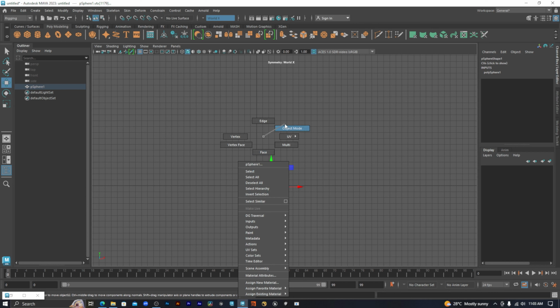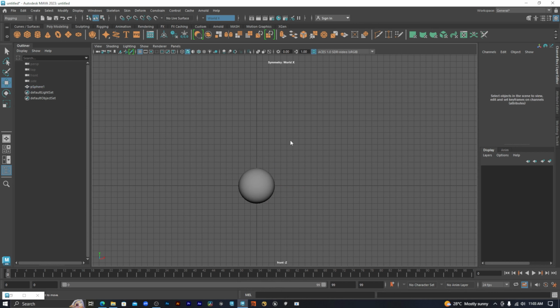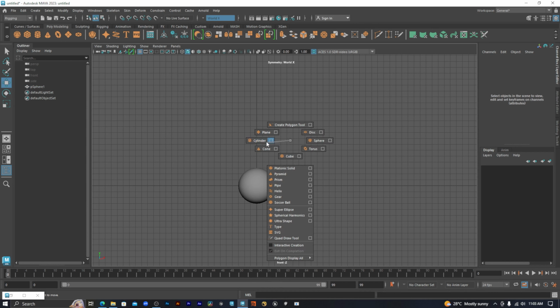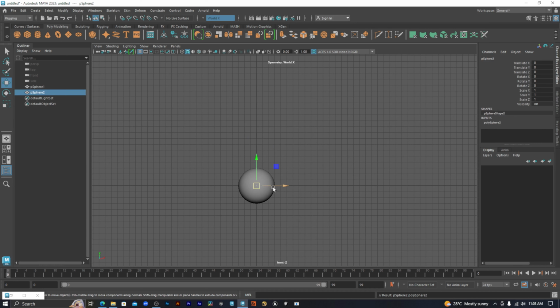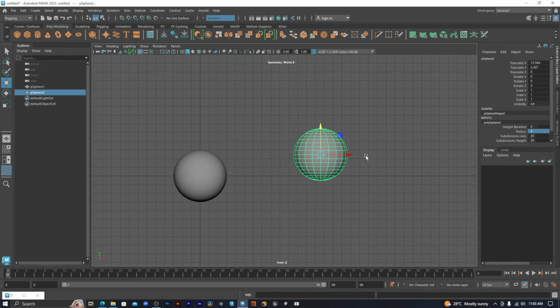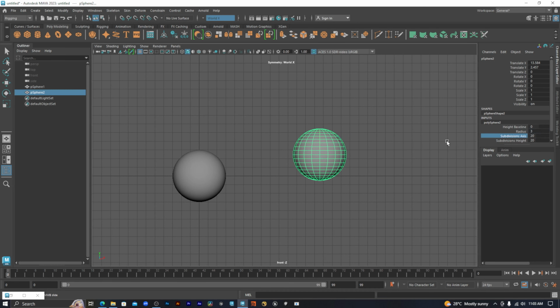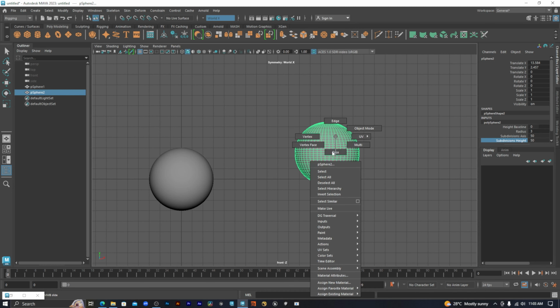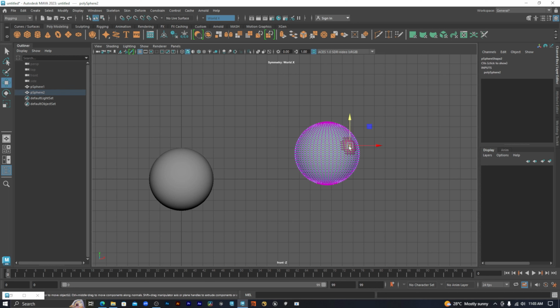So for this we will create one more object, same object like a sphere, and then take it over here and make the changes like 3 and increase the subdivisions from here, and in component mode we can select vertex. If we select this vertex and